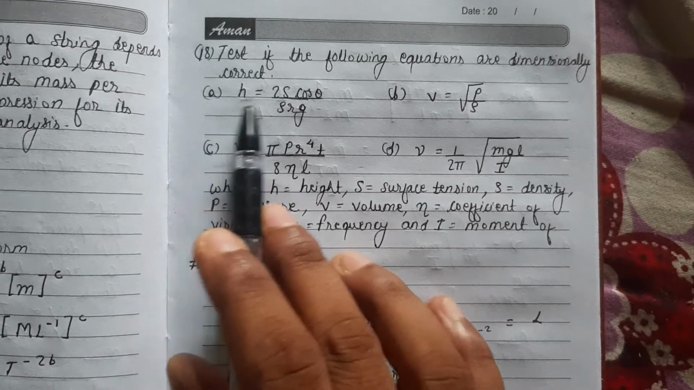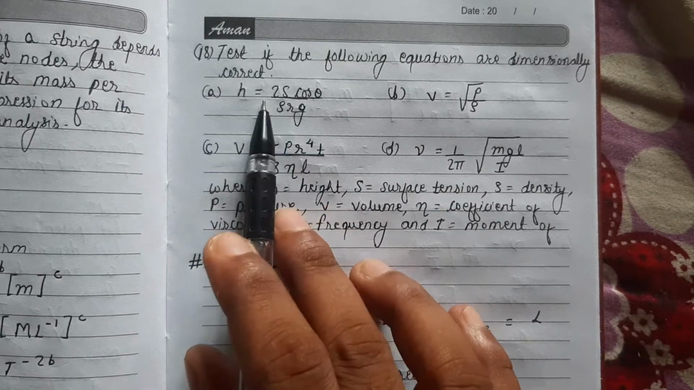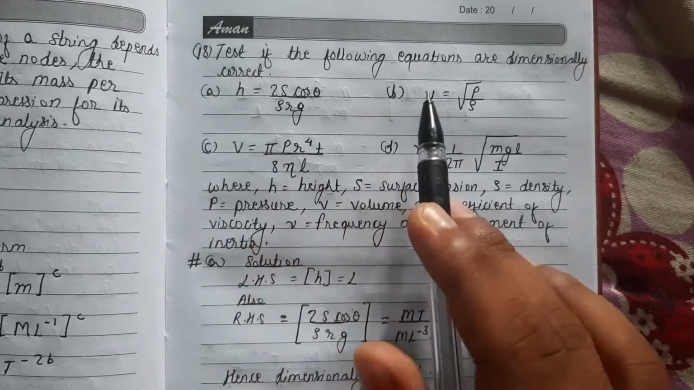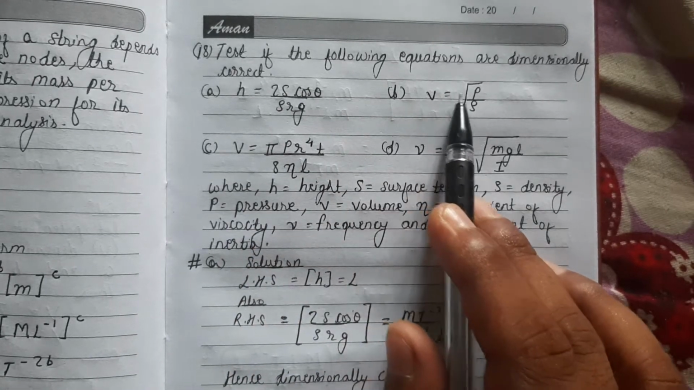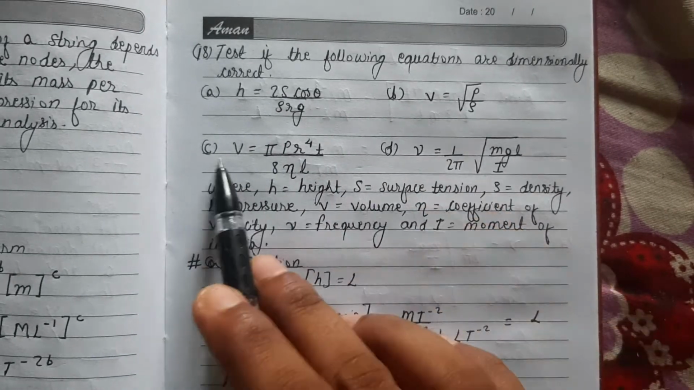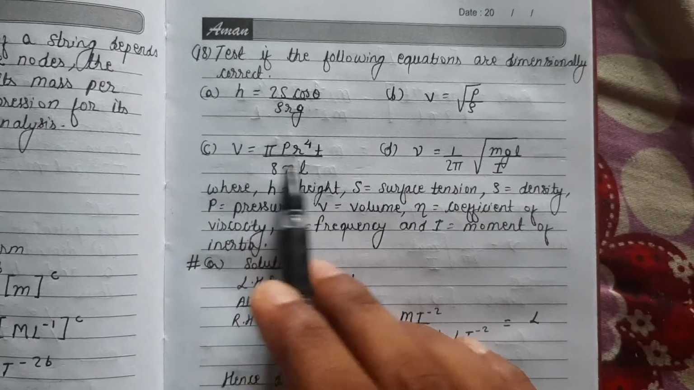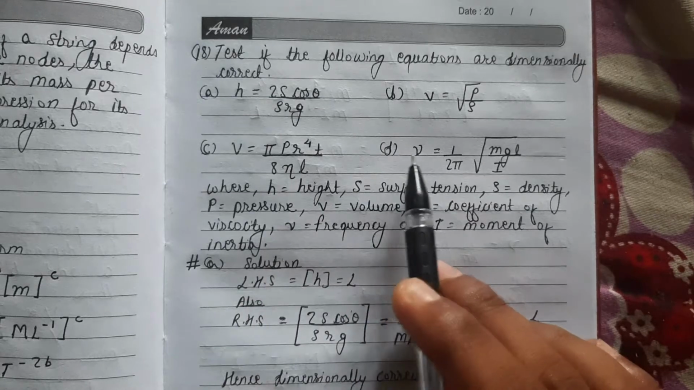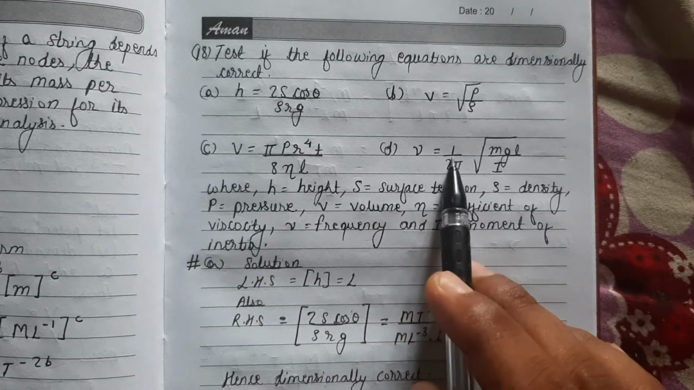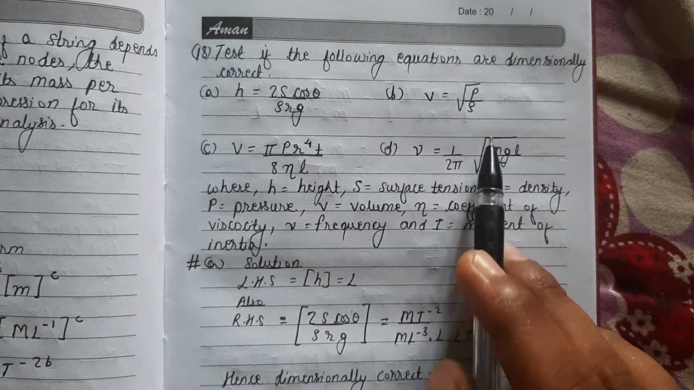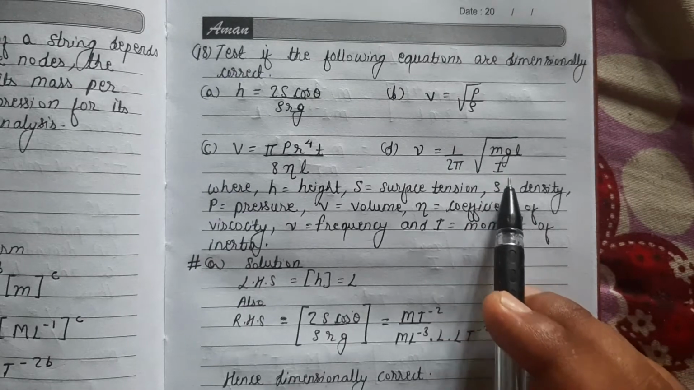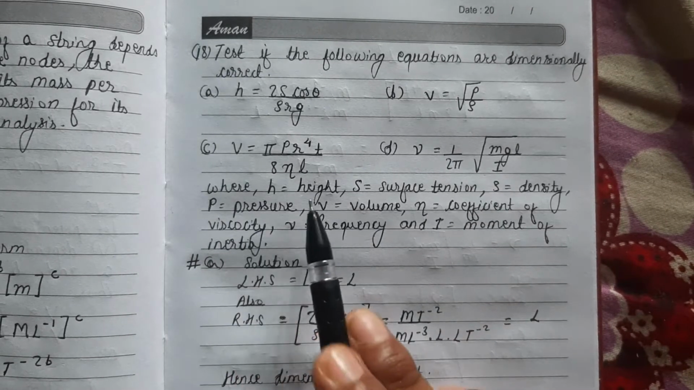The equation A is h = 2S cos theta / rho R g. B. v = root under P by rho. C. V = pi P r to the power 4 t / 8 eta L. D. Nu = 1 / 2 pi root under mgl / I, where h =